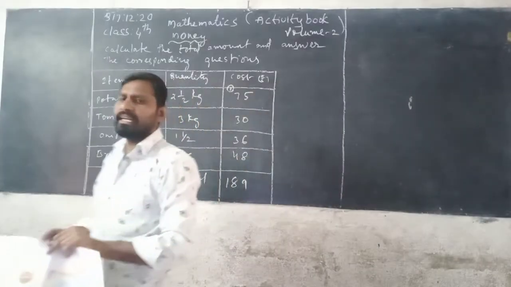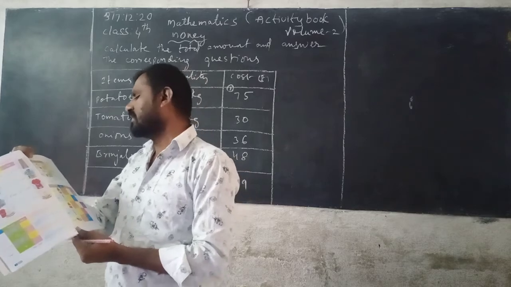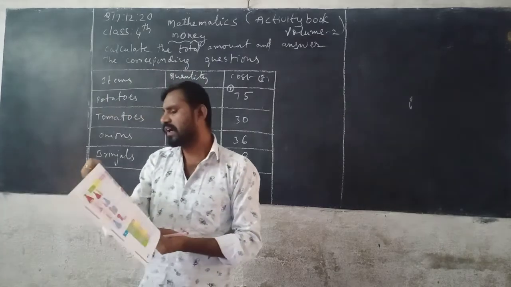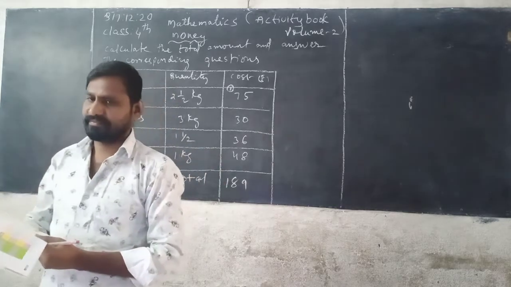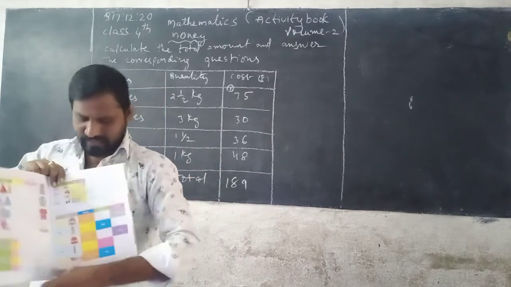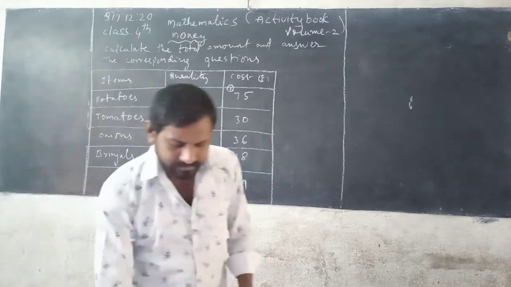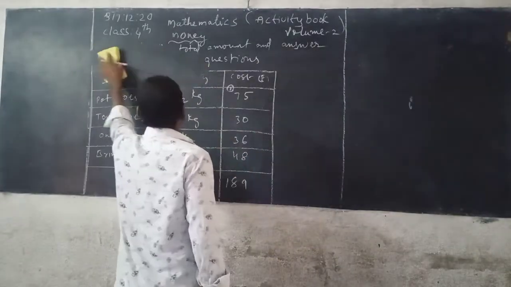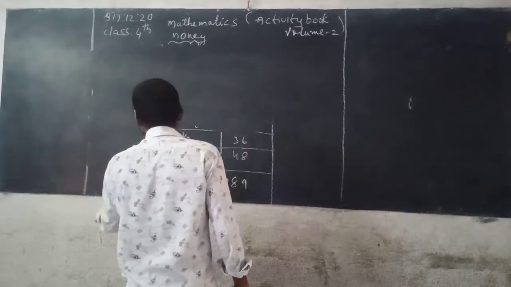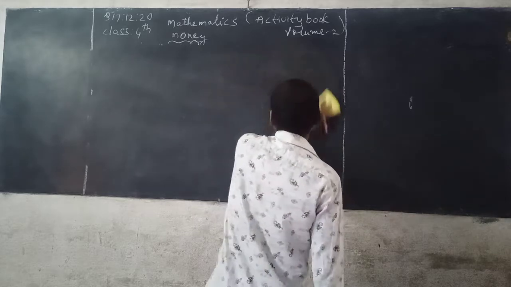Say everybody, take your CW. You can write the first question. If Ajit gave a 500 rupees note, how much change will he get back? So this answer you can write in your CW book. Now I am writing the solution on the blackboard. Everybody write down the solutions in your CW or HW.